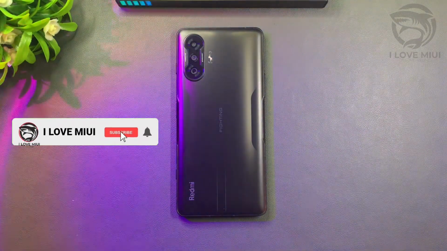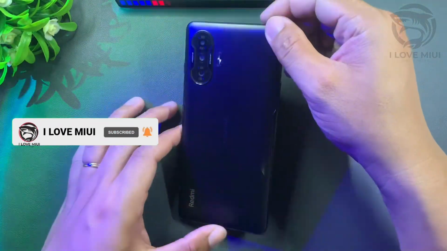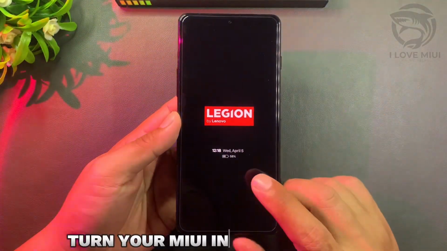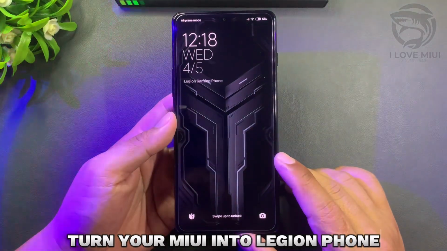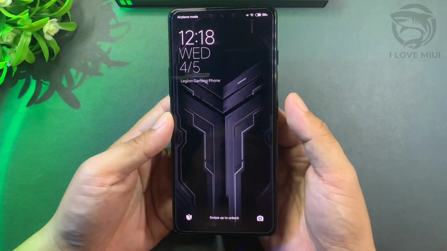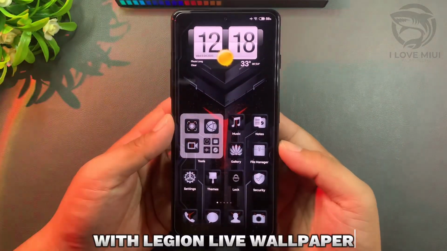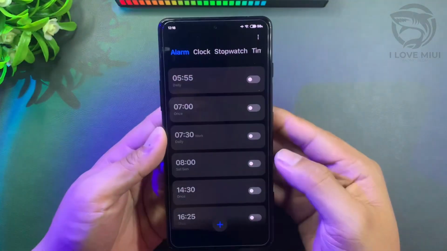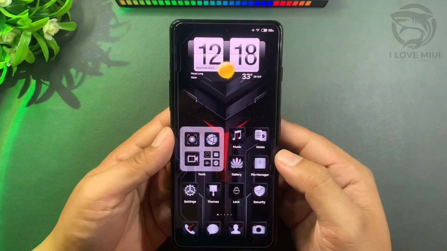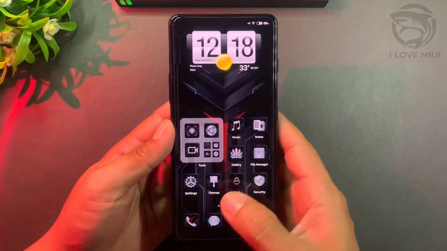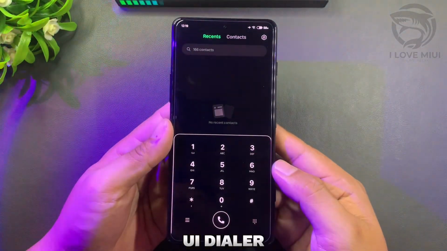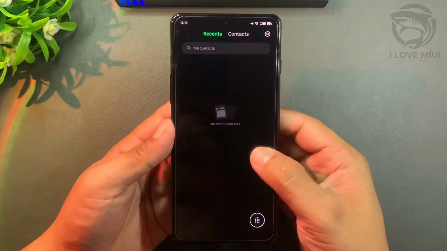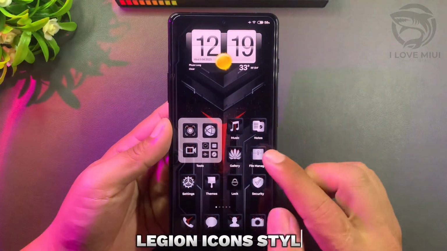I love MIUI, where you can find beautiful custom themes for MIUI devices. Turn your MIUI into Legion phone with Legion Live Wallpaper, clock widget home screen, UI dialer, Legion icon style,